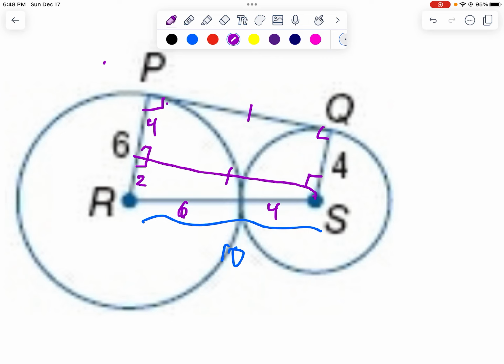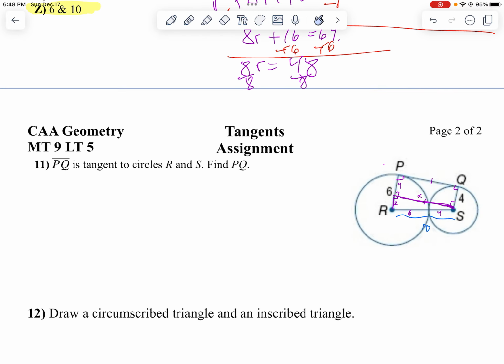Oh, I've got a right triangle. Didn't draw it very well, but it's a right triangle. And if I can find this length here, x, that would be the same as PQ, wouldn't it? So I can use my Pythagorean theorem. I know my hypotenuse is 10. So we're going to say 10 squared equals 2 squared plus, we'll say, PQ squared,